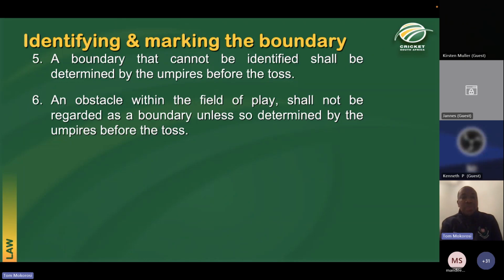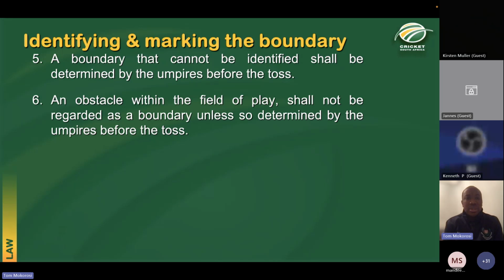Then what happens if we have an obstacle within the field of play? The law says that it shall not be regarded as a boundary unless so determined by the umpires before the toss. So this is quite important, and we're going to watch a video shortly about a tree at Pietermaritzburg Oval here in KwaZulu-Natal in South Africa. It is about 5 meters in from the boundary, and there is a custom at that ground that if the ball hits the tree,